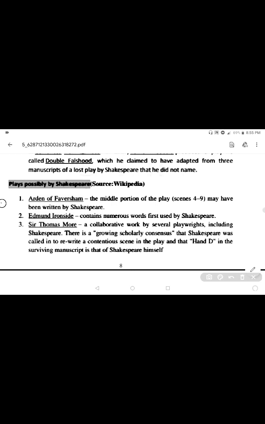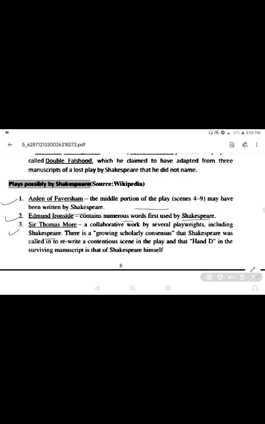For example, Arden of Faversham. The middle portion of the play may have been written by Shakespeare. Edmund Ironside contains numerous words first used by Shakespeare. Sir Thomas More, a collaborative work by several playwrights including Shakespeare. थॉमस मोर पर एक कोलैबोरेटिव वर्क लिखा गया था जिसमें बहुत सारे राइटर्स का पार्टिसिपेशन था, इंक्लूडिंग शेक्सपियर।